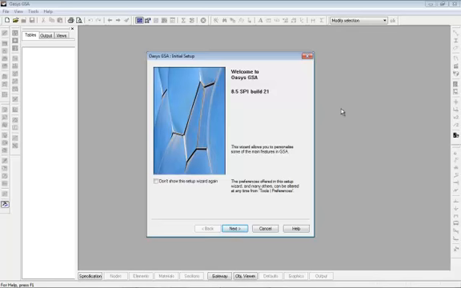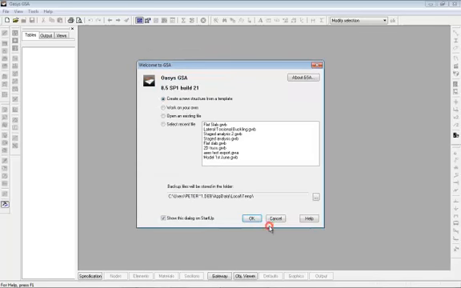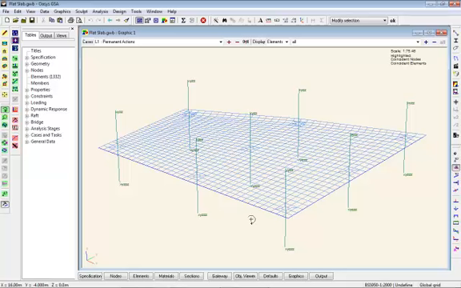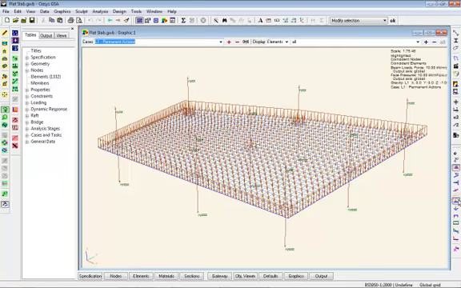Now GSA is our third program. This is a finite element analysis program, and I'll just take a flat slab that I've created previously, and then we can analyze this and design the slab reinforcement on here. Now in here I've got dead and live loads, permanent variable if you prefer, and I've also included some edge loads on here. Now edge loads are a bit tricky with 2D elements, but the trick here is that